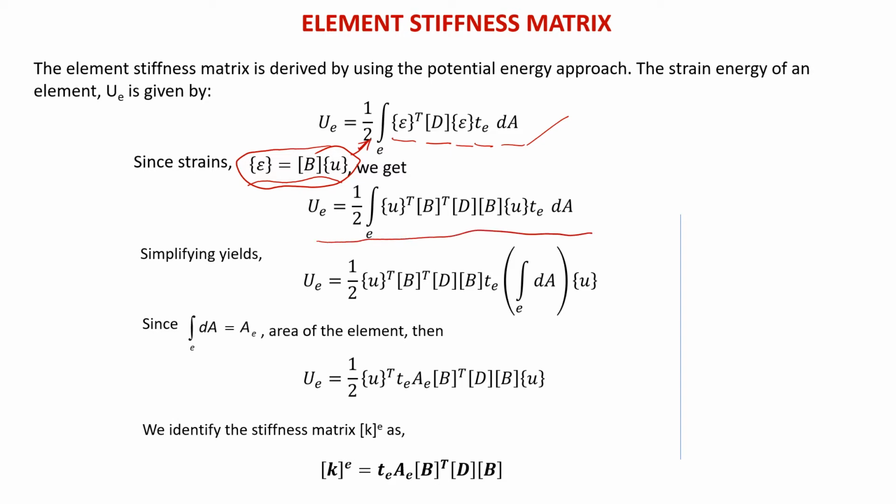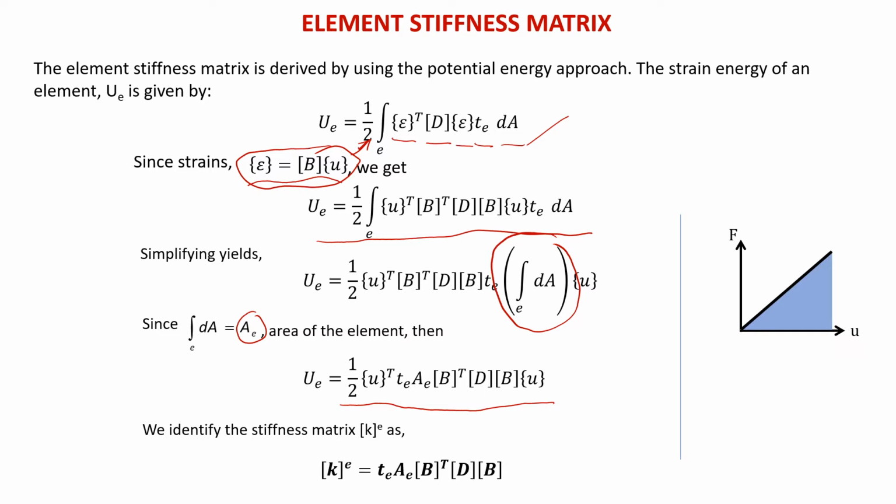By solving the integration of dA here, that gives the area, then our equation of the strain energy is given by this equation. By comparing to the force displacement curve, where the area under this curve is actually the strain energy given by this equation, half K